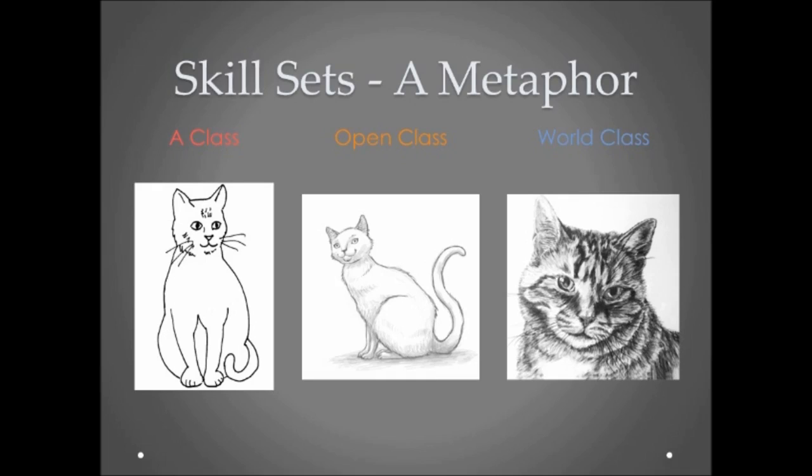Obviously, our activity is far more difficult than taking a look at three pictures right here on this slide. But one of the things you can do when you look at this is start to figure out, okay, in this great giant activity, where do I fit the best? Does my show, do my performers, does our ability look most like A-class cat, open class cat, or world class cat? Now, there's one other thing I want to point out. Obviously this is just three little snapshots, and in our activity we have literally thousands upon thousands of groups that take the floor and participate in these types of activities every single year.